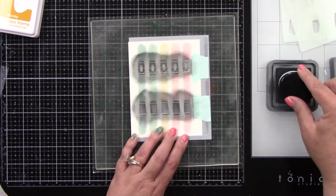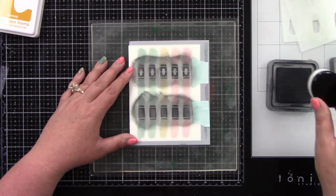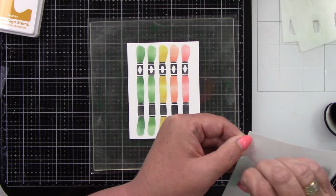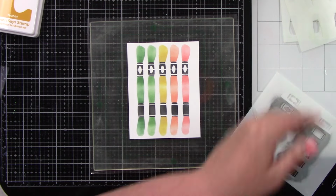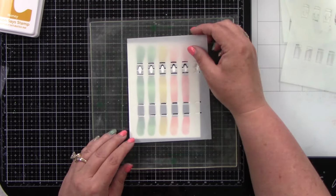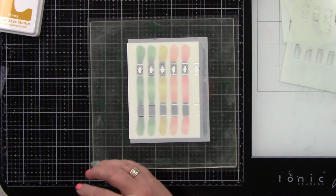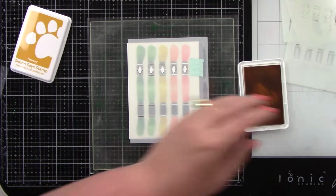Then the next stencil I'm going to use honey ink. It has a really nice gold tone to it, so it'll be perfect for the wrappers of our little thread here, or our floss, whatever you want to call it. I'm just going to wipe up my stencils really quick. Sometimes I do that, sometimes I don't. Just kind of depends on the mood that I'm in. So let's put that down, and then I will use that honey ink,